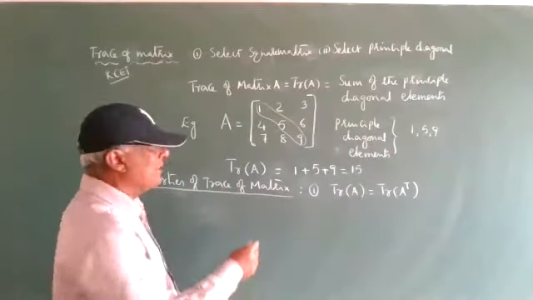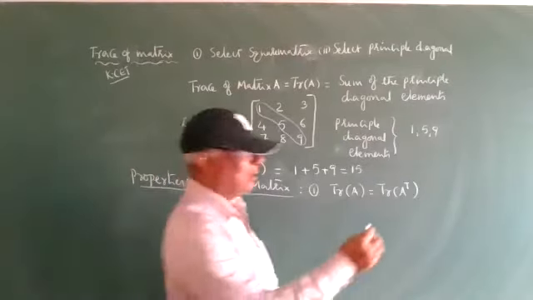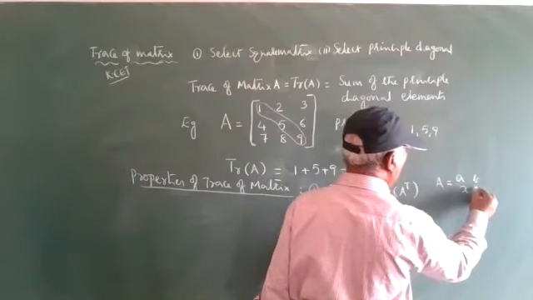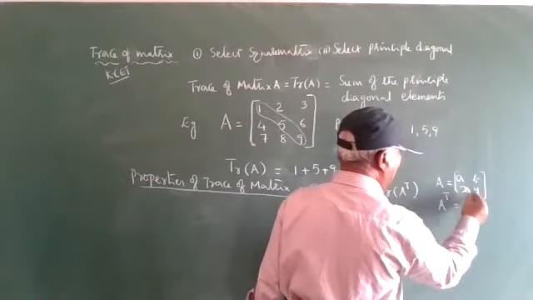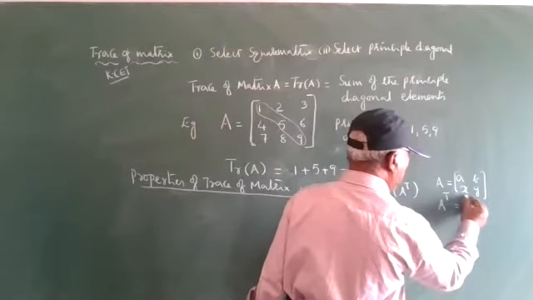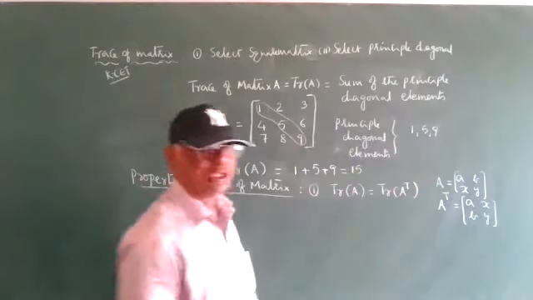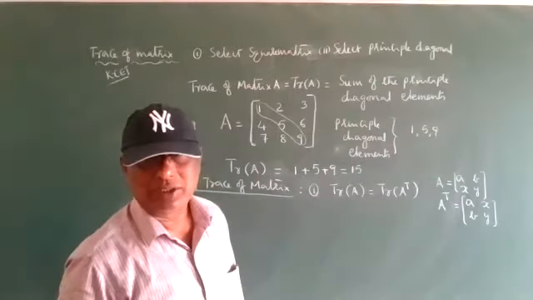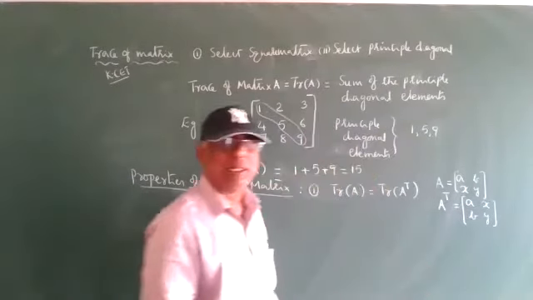First row is written as the first column, second row as the second column. See everyone, I will write here. A matrix is A, B, X, Y. A transpose means the first row is written as a column, A, B, and the second row as a column. That is called A transpose. Understand? We have a separate topic for A transpose, we can discuss it later. But the principal diagonals never change.